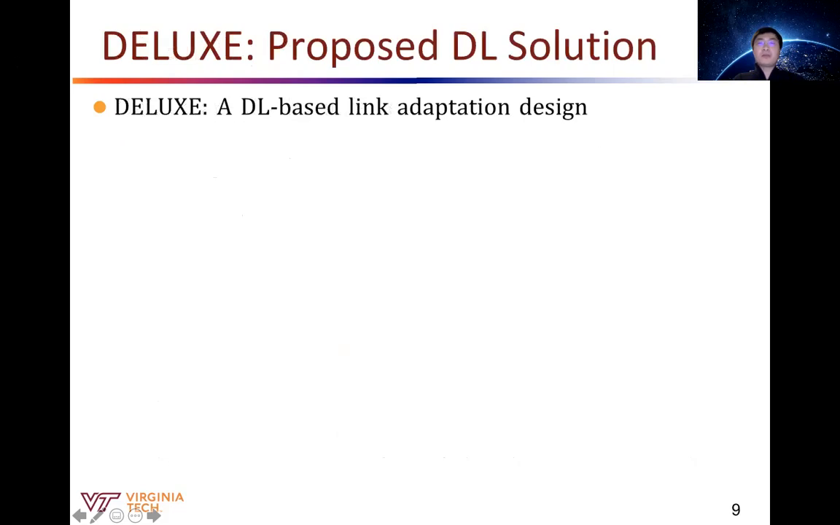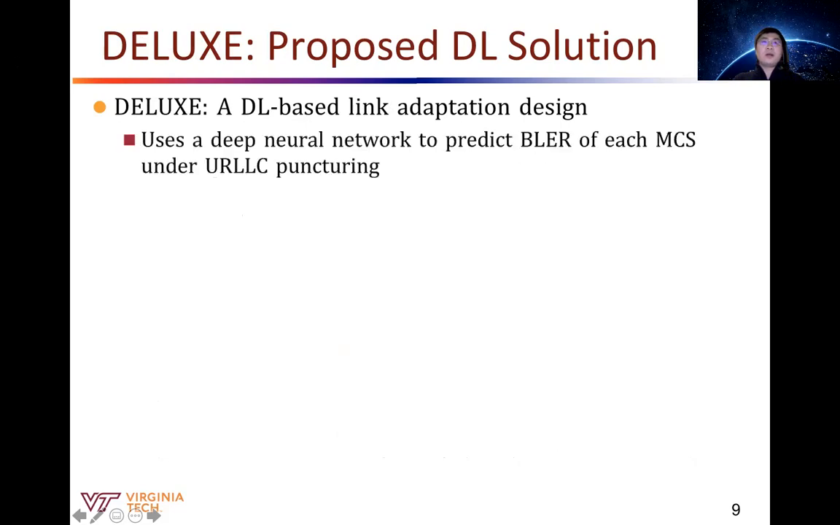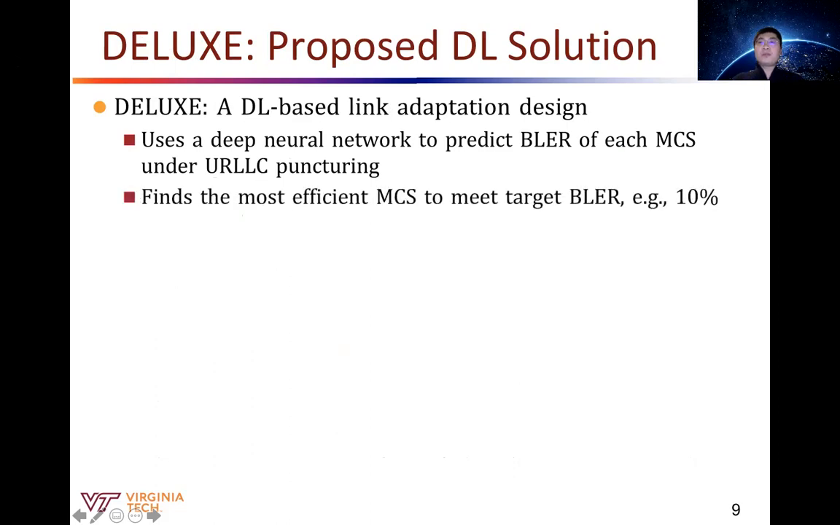In order to solve this problem and address the challenge of having no analytical model, we designed a deep learning-based link adaptation method for the eMBB MCS selection under URLLC puncturing. The key idea is to employ a deep neural network to learn and predict the BLER of each MCS level under preemptive puncturing. With such predicted BLERs, we can find the most efficient MCS for eMBB while meeting the target